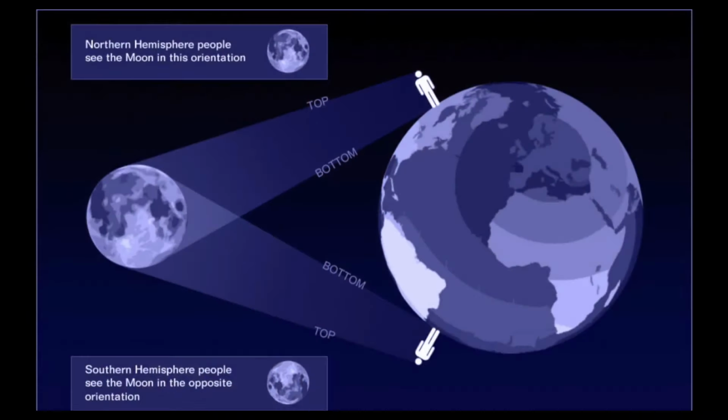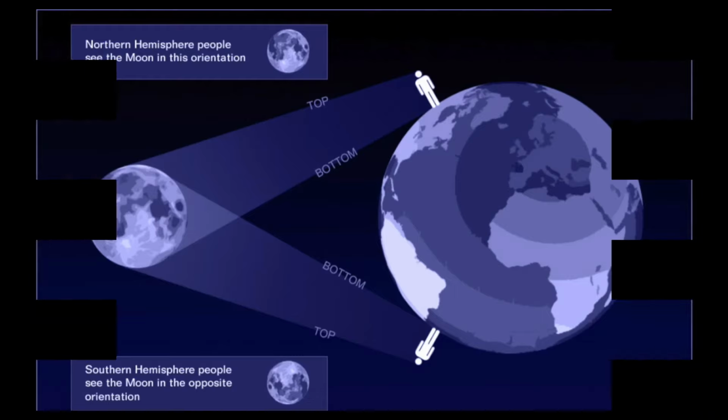is the fact that the moon actually is inverted depending on which hemisphere of the Earth you're on. So if you're in the southern hemisphere as compared to the northern hemisphere, the moon is going to appear differently because you're looking at it from two different angles. You understand what I'm saying? Because the Earth is indeed a globe. This wouldn't work in a flat Earth model. There's no way to explain this in the flat Earth model,